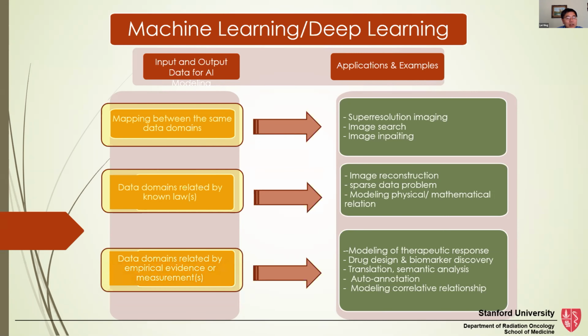And the third type is also different domain, but different from the second category, the 2 types of data have no physical or geometrical relationship, but they correlate with each other, but you don't know what the relation is. Like a clinical trial, right? You give a certain drug like cisplatin or immunotherapy to the patient, and what's gonna happen. So you have outcome data. So you try to build a correlative model.